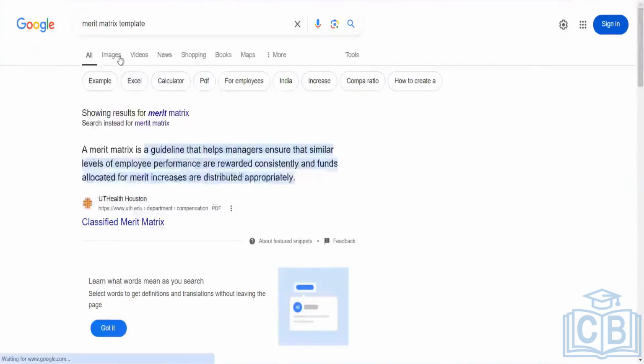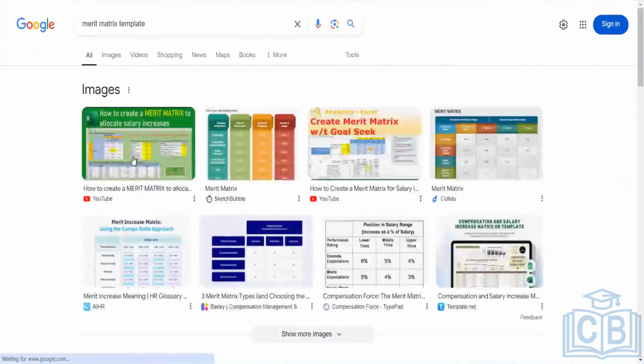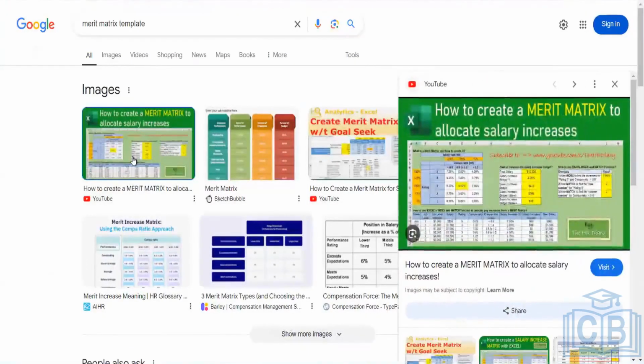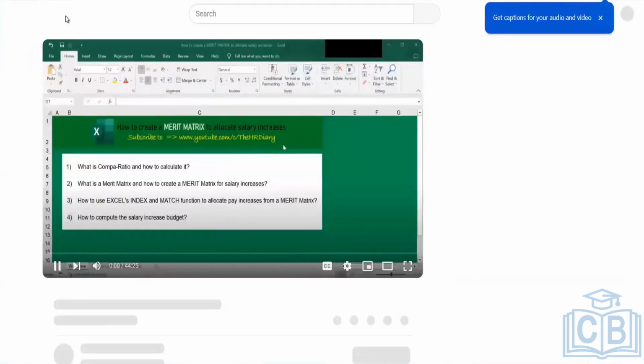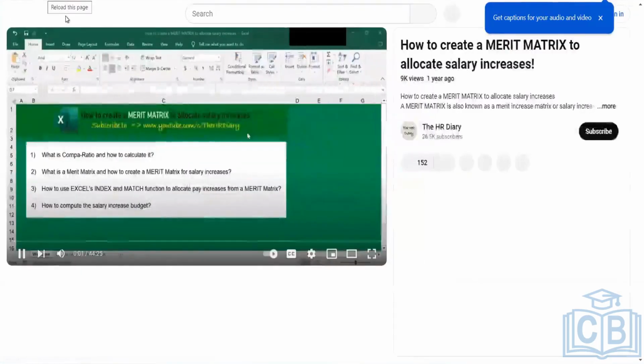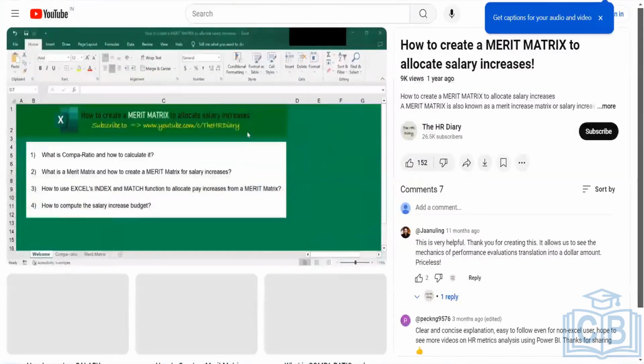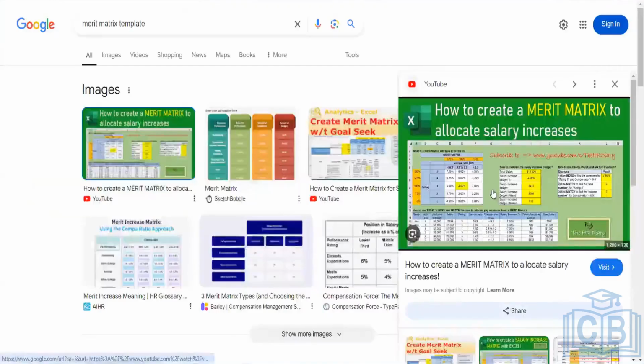You can just go with the images. I can just pull up one random. This is what I'm telling. Can you just see one? Can you see the math? You're doing it. How to create a merit matrix. If you can see this, you can get me the range. This is what my budget simulation is. This helps you to give you the range. If you can just zoom in a little bit, I can explain it to you.